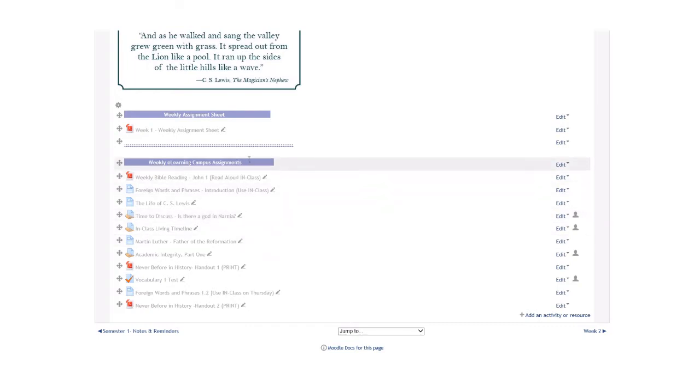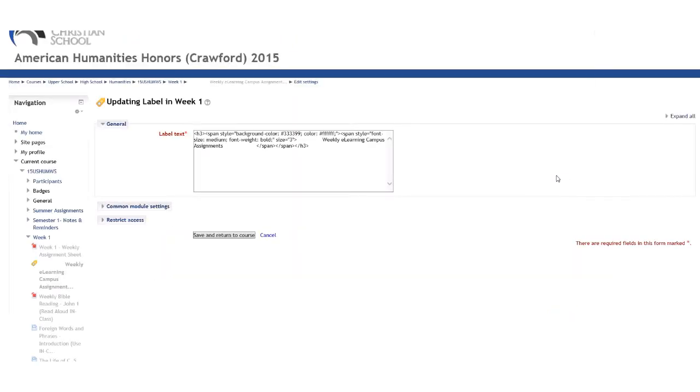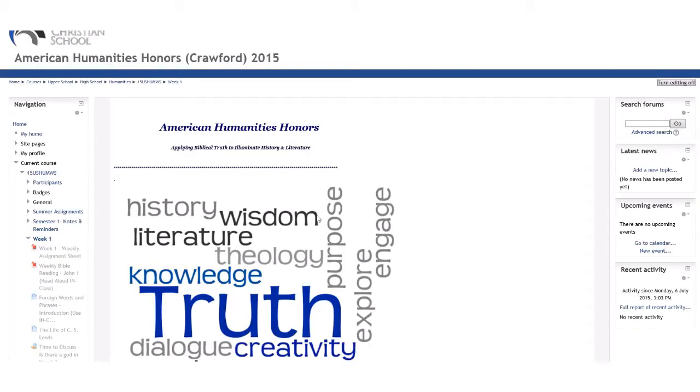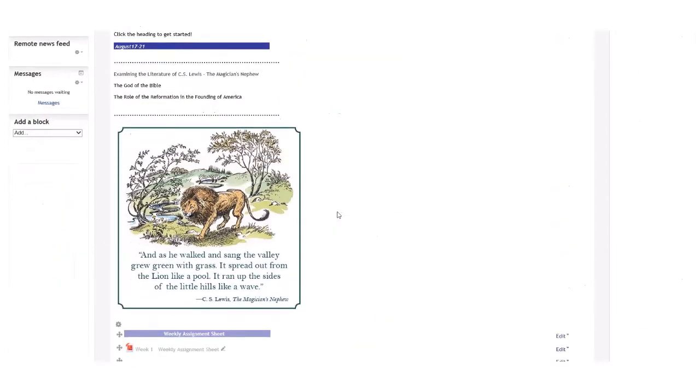You can use labels. They're pretty awesome. Actually, let me show you this one real quick. Let me go to Edit Settings, so that you can see it. And as you can see, after we get past the HTML, it's just a normal little text box. And since we don't want to change it, I'll hit cancel because I don't think she'll be happy if I change it. All right, so going back down to where we were,